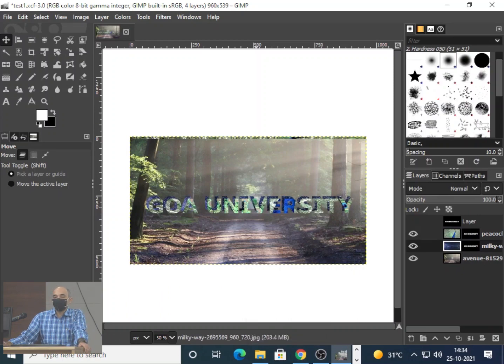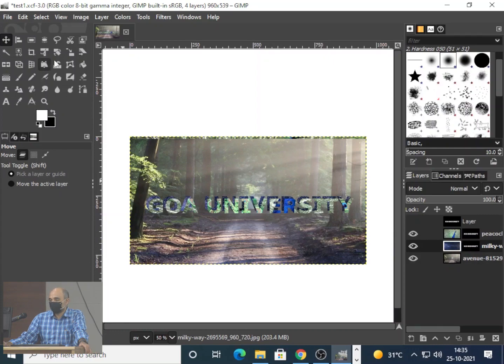So you can go on playing around with it with only very few operations. There are two operations that I have done here now. I have done rather three. I have moved one layer, I have done masking and I have done blending. That's it.